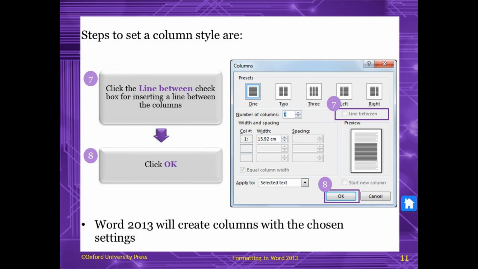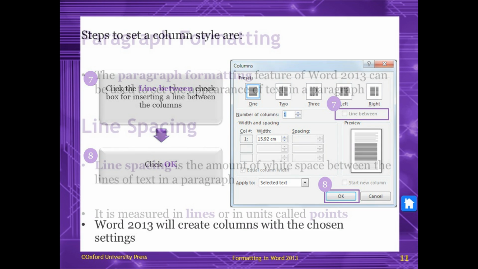After that, select the line between option. Click the Line between checkbox to insert a line between the columns and then click OK. Word 2013 will create columns with the chosen settings according to your requirements.